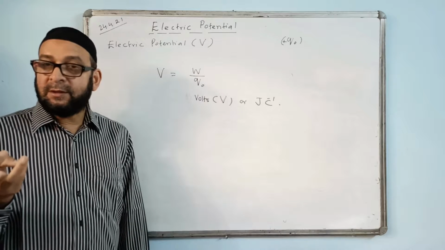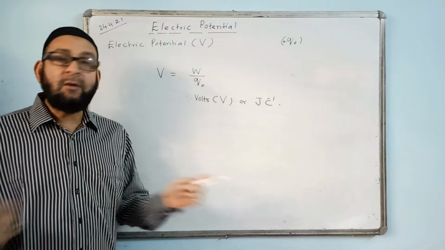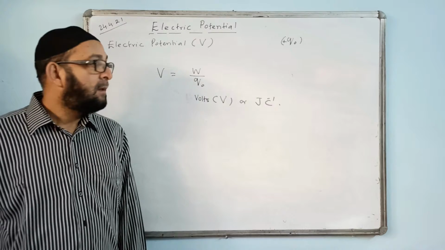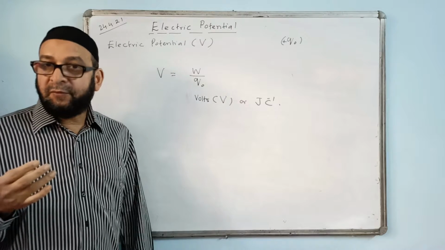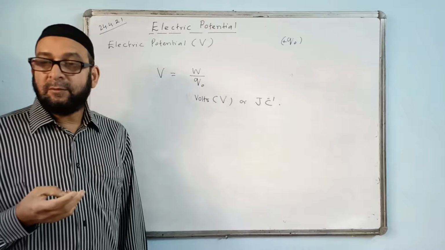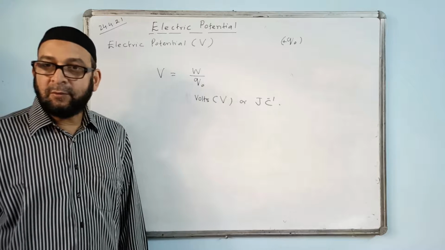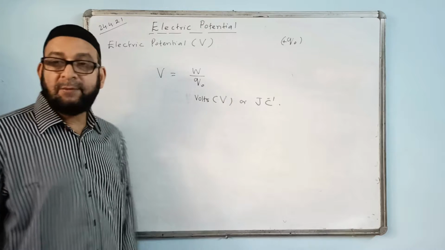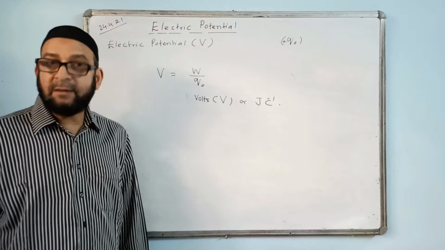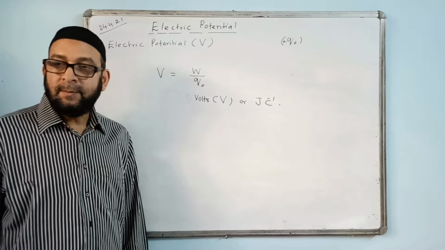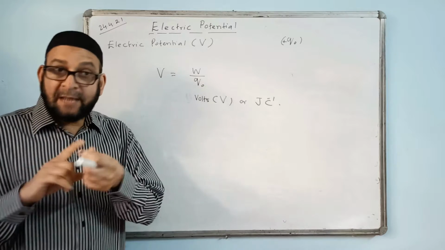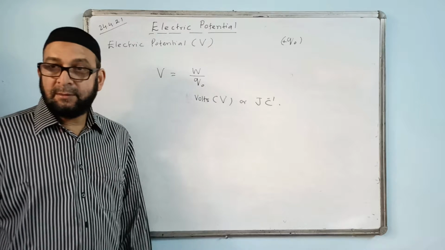Electric force, of course, is a vector, so we will be using the law of vectors. Electric field is also a vector, so we will use the law of vectors for their addition and for finding their resultant. But for electric potential we will not, because it is scalar, remember it. And this time we will take the sign of the charge.